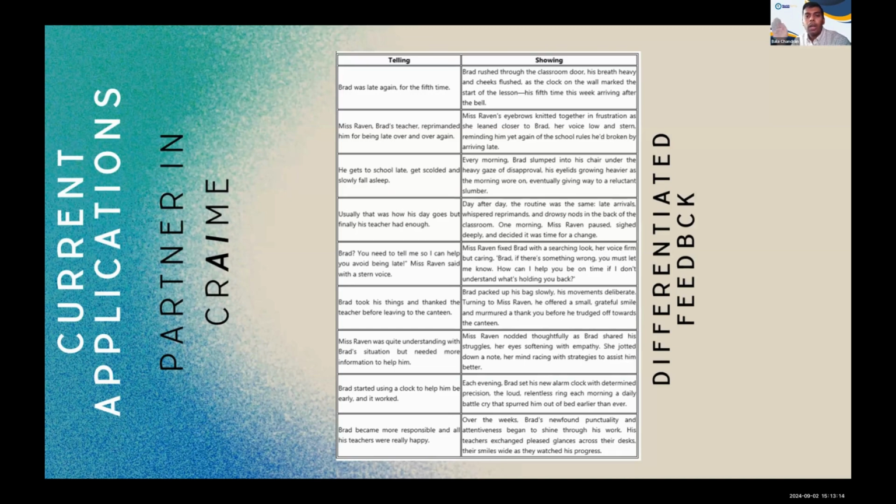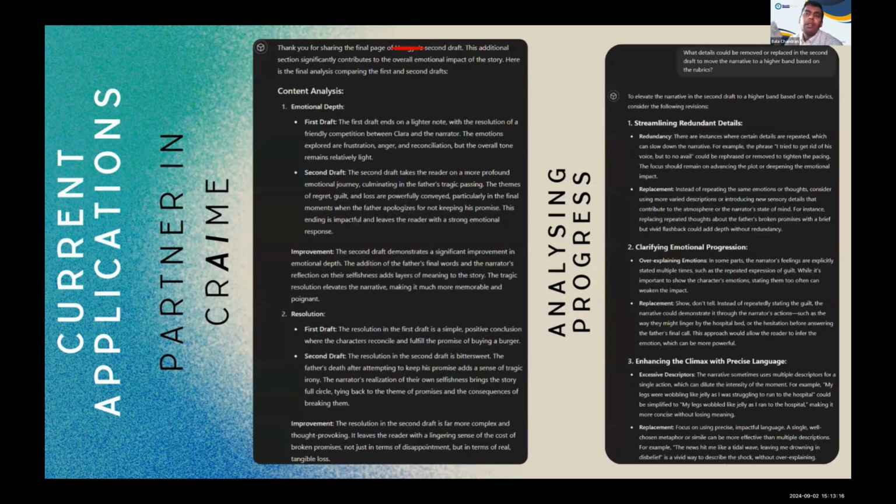Another way I'm still exploring using ChatGPT is to see progress between drafts of writing. I might have marked draft 1 and given certain feedback, and then I run it through the GPT again and get it to analyze, "Hey, what do you think are the differences between the first and second draft?"